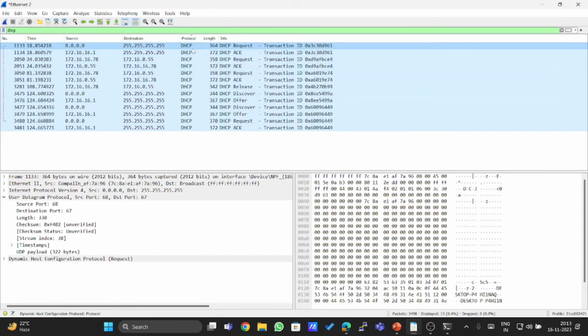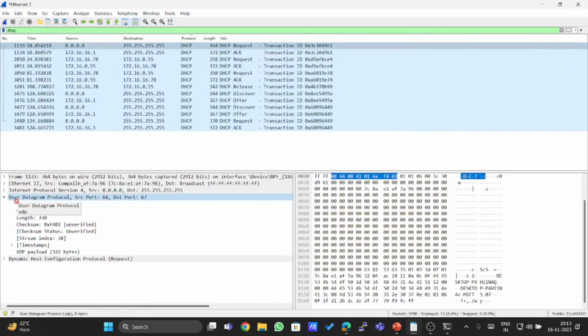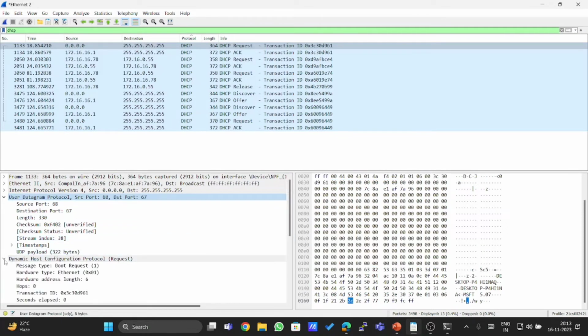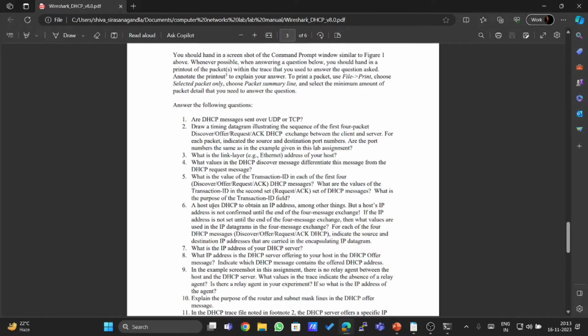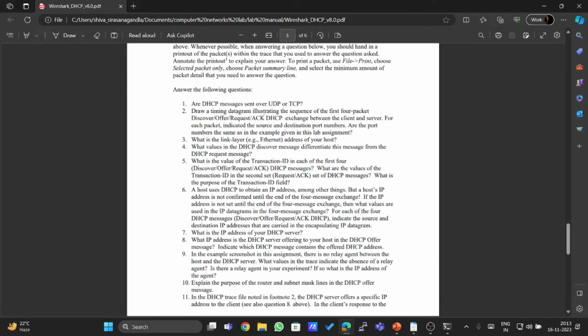So I am selecting the first DHCP. This is the first message. Here you can see it is sent over User Datagram Protocol. It is sent over UDP, not TCP. This is how they are sent. So the packets are sent over UDP, not TCP. Draw a timing diagram, listing in sequence the first four packets: discover, offer, request, and ACK, the DHCP exchange between